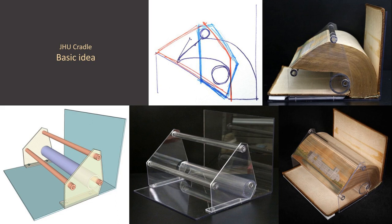The rough sketch on the top left is the very first visualization of my cradle's design. The priority was to custom bend each book block to reveal the painting and avoid unnecessary distortions. My practical solution consisted of a frame made of 2 millimeters or 0.08 inches thick sheets of polyethylene terephthalate glycol or PETG, commercial name Vivac, with holes drilled through the head and tail walls, in yellow in my 3D drawing,